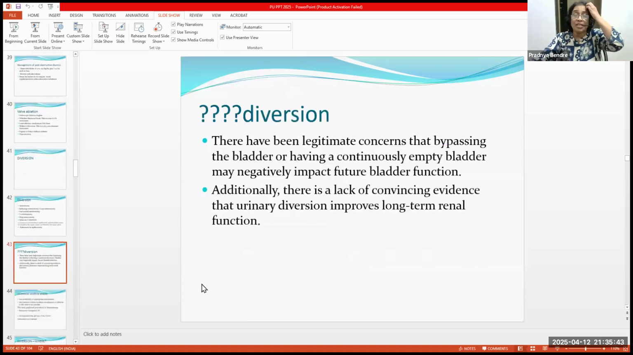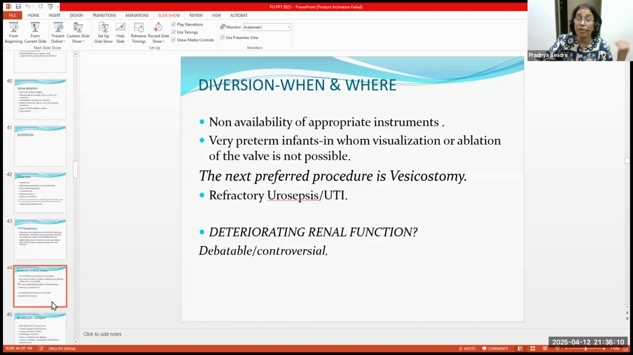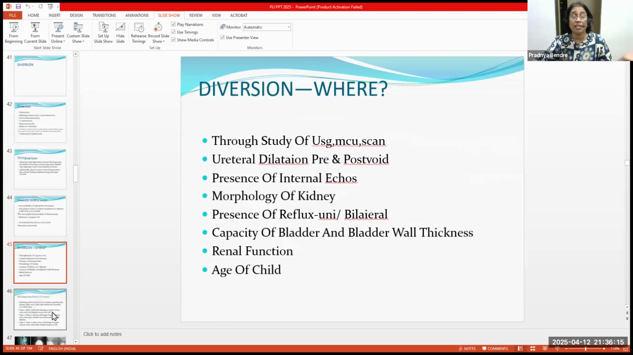So having said that diversion is a debatable thing, the next question is when to divert and where to divert. Again, the level of diversion is also debatable, whether it should be a high diversion, high ureterostomy, which side of the kidney the ureter should be diverted, whether it should be vesicostomy, whether it is PCN. All these things, a decision has to be taken. Then how do we decide the level of diversion? You have to have a thorough study of the